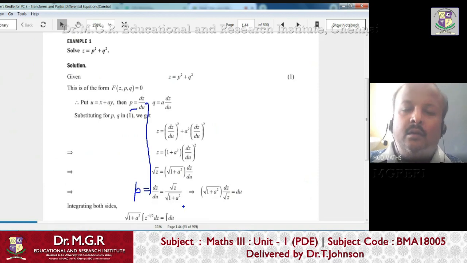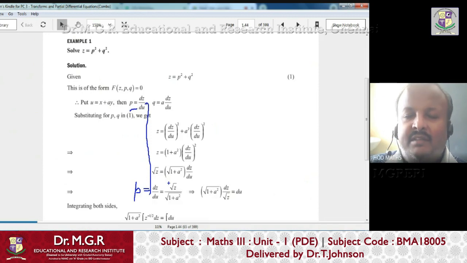Right. Now how to solve this? That is very, very important. Here we can't put directly, because previously in type 1 we found a in terms of b and b in terms of a, and we substituted that value in the equation and got the complete solution in a straightforward manner. But here that is not possible, because in the assumption itself there is an arbitrary function. So now what we have to do?